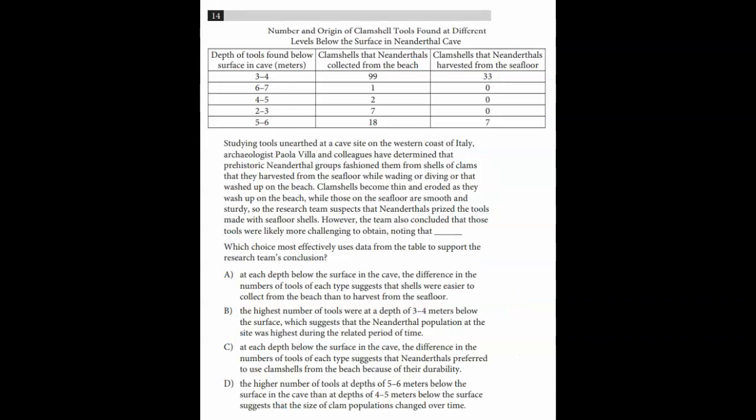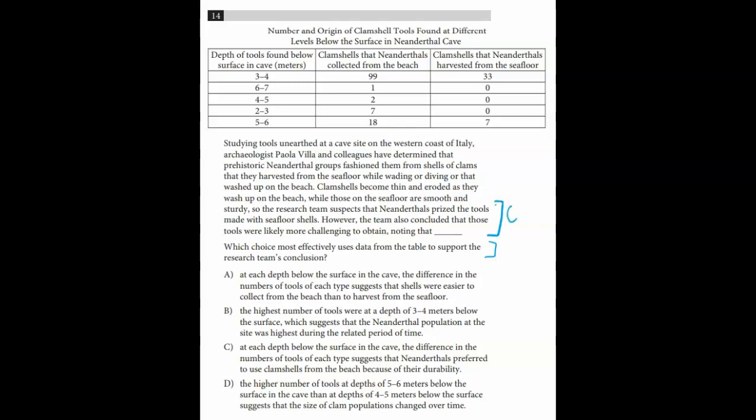All right, number 14. Which most effectively uses data in the table to support the research team's conclusion? So let's find our conclusion. Studying tools unearthed at a cave site on the western coast of Italy, archaeologist Paola Villa and colleagues have determined that prehistoric Neanderthal groups fashioned them from shells of clams that they harvested from the seafloor while diving, or that washed up on the beach. Clam shells became thin and eroded as they washed up on the beach, while those on the seafloor are smooth and sturdy. So the research team suspects that Neanderthals prized the tools made with seafloor shells. However, the team also concluded that those tools were more likely challenging to obtain, noting that